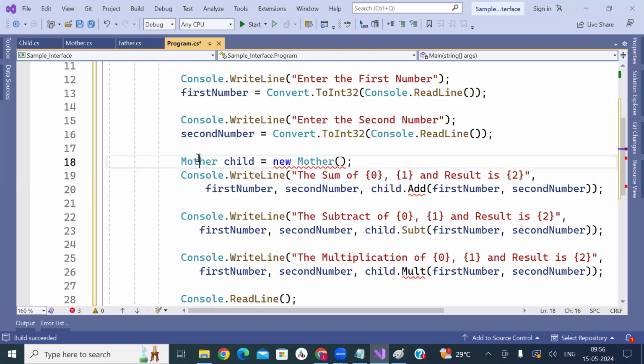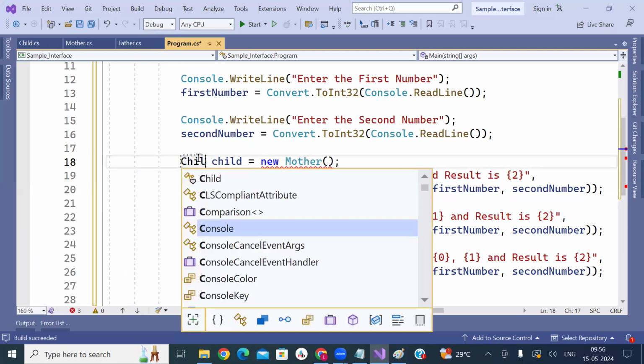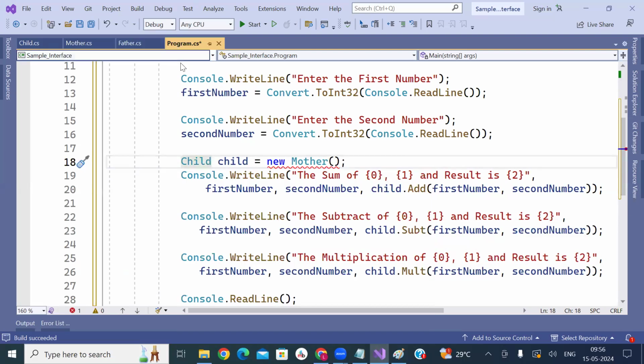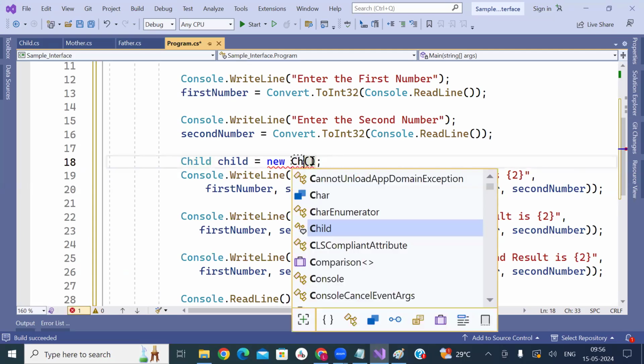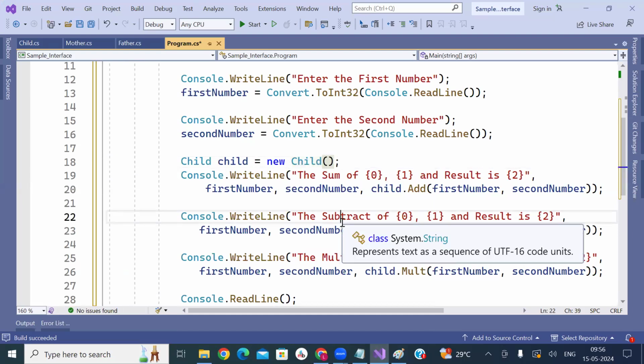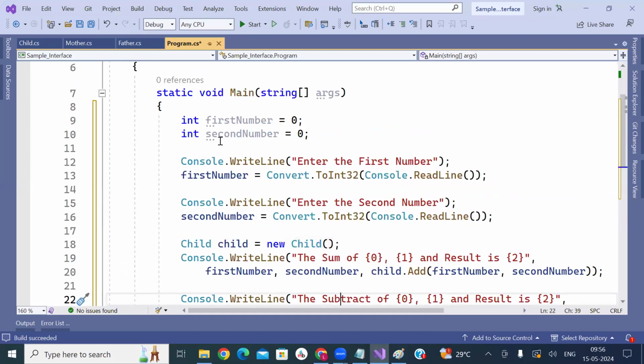Now you see here, it will work. What I did, I got the first number, I got the second number,